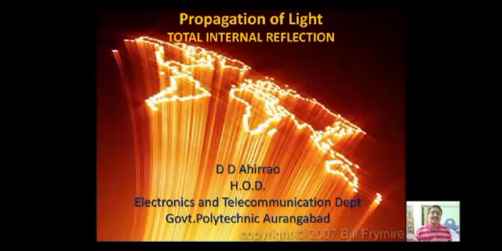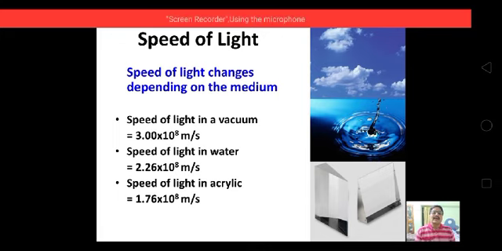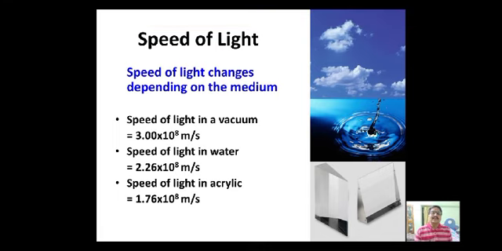In this module, we will study a light propagation principle, that is total internal reflection. As we know, the speed of light depends on the medium through which it propagates. So lighter is the medium, higher is the speed of the light, and denser is the medium, lower is the speed of the light. Speed of light in vacuum is 3 into 10 raised to 8 meter per second, and